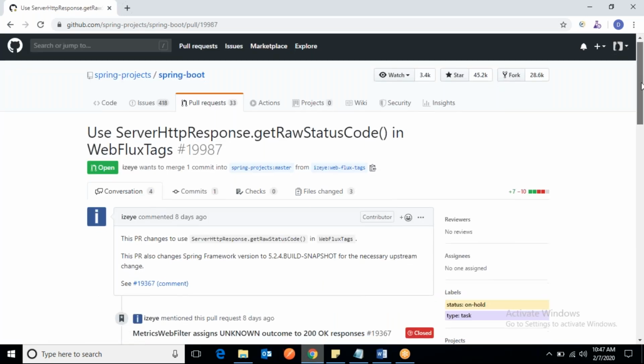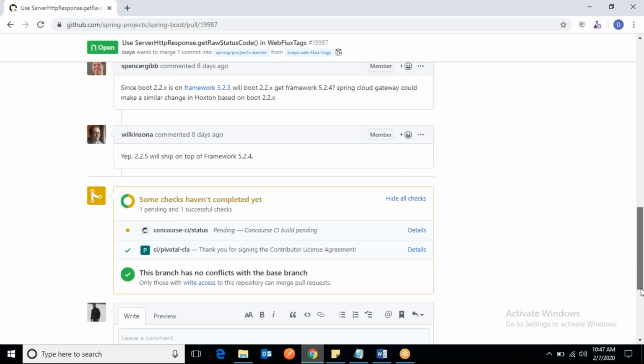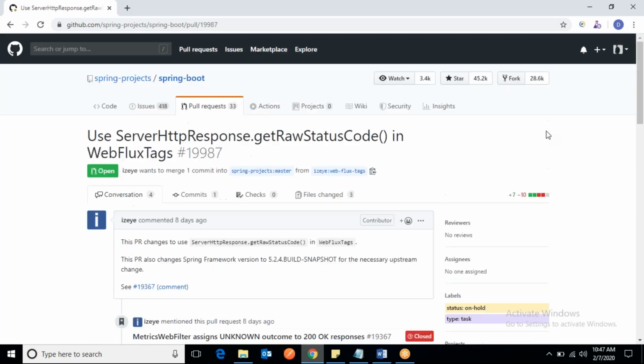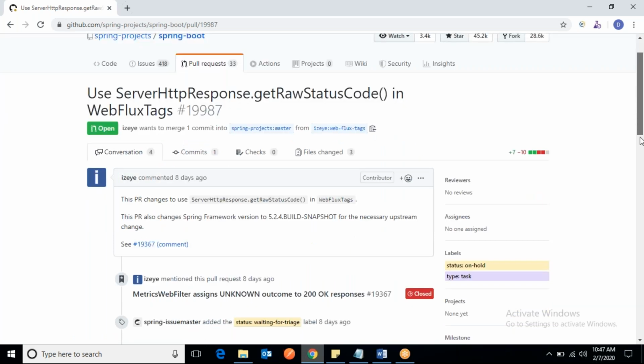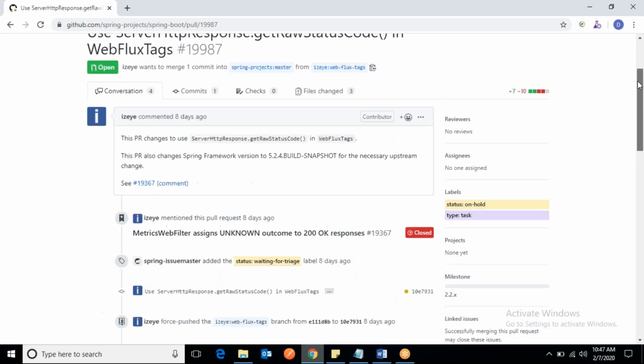All these comments have been provided because restrictions have been applied. That's why I'm not getting the option to merge. Before directly going to merge, we have to set a few restrictions for merging. I'll explain how we set those and how we merge. Just after creating a pull request, you will see here there is a merge option. Where is the merge?